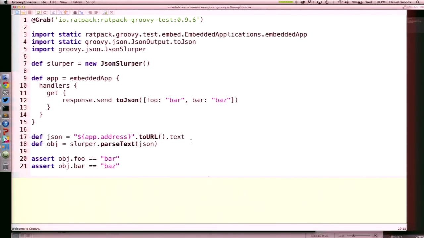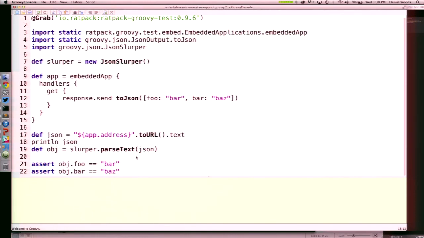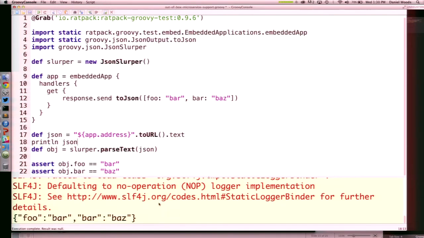So if we run this here, I'm just going to print this out so that you guys can see it when we run it, that I'm not lying to you. And you can see, voila, our assertions completed. It would have thrown an error if those assertions hadn't worked, and you can see the data getting returned out of that. So this is pretty cool, right? When we are a microservice, if we need to interface with external systems, Groovy already has the capabilities built into it for doing that.